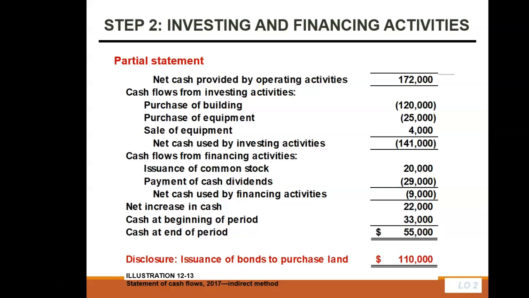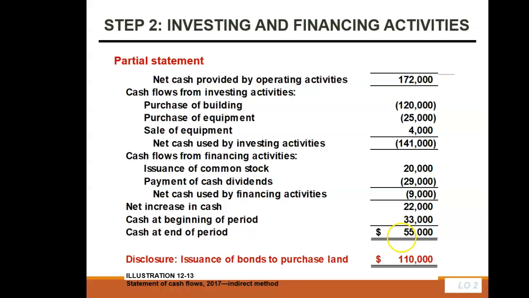So if you take 172,000 minus 141,000 and minus 9,000, what will that give you? Drum roll, please. Yes, that gives us an increase of $22,000,